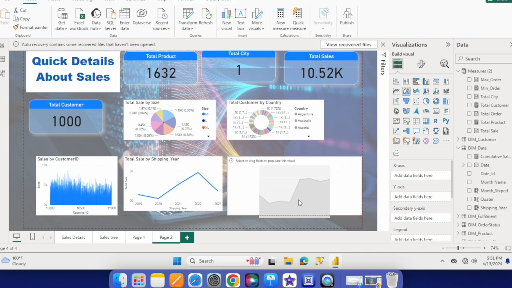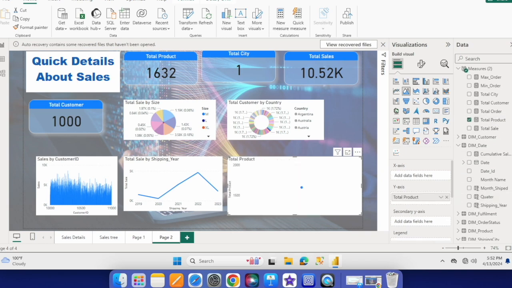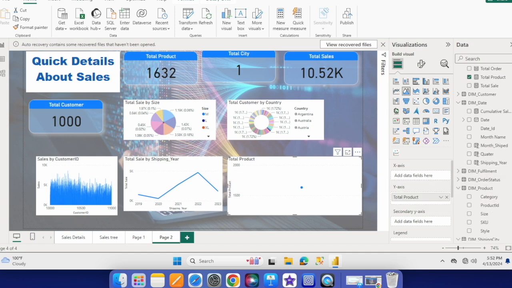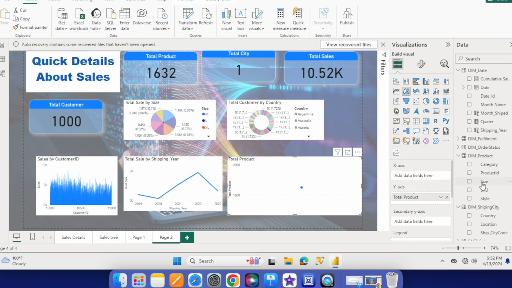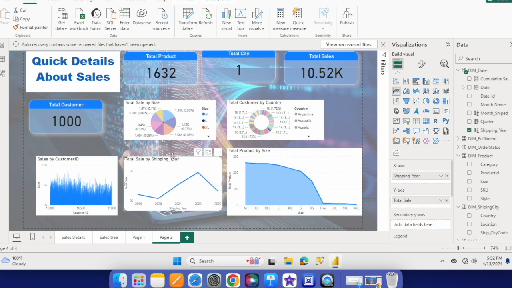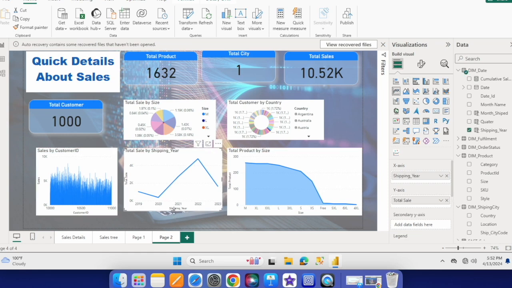Okay, in the area chart we can do one thing. We can use total product in the y-axis, and in the x-axis we can do one thing. In the product we have size. Okay, we can use this size in the x-axis. So this is the size, and this is the total product numbers what we have collected with the help of a measure. So this is the way we are putting the values and creating the reports in our